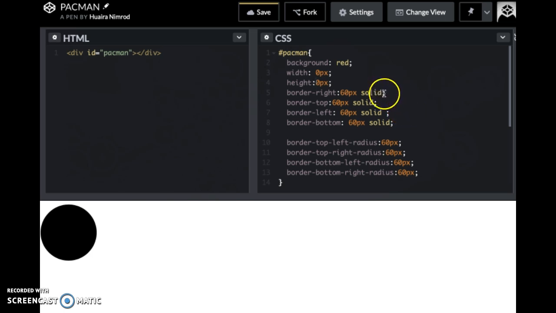Now we are going to make this part transparent because, well, it's like the mouth of the Pacman. We're going to make it transparent, and we can see, well, I defined the background as red, so that's what we see, the red background, but we are going to delete it. Well, the Pacman